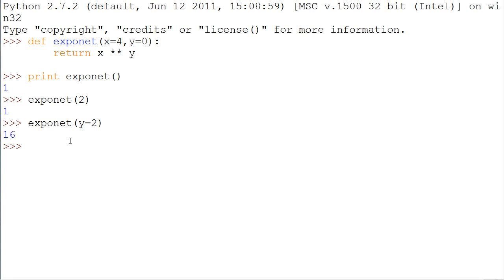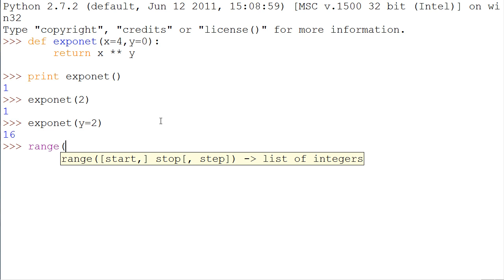Now, does this sound familiar? Hopefully it does, because there's actually something like that called range, where you have start, which is predefined, you have stop, which is the only thing you're supposed to say, and then you have step, which can also be defined itself. So for example, we could say we want it to stop at 5,